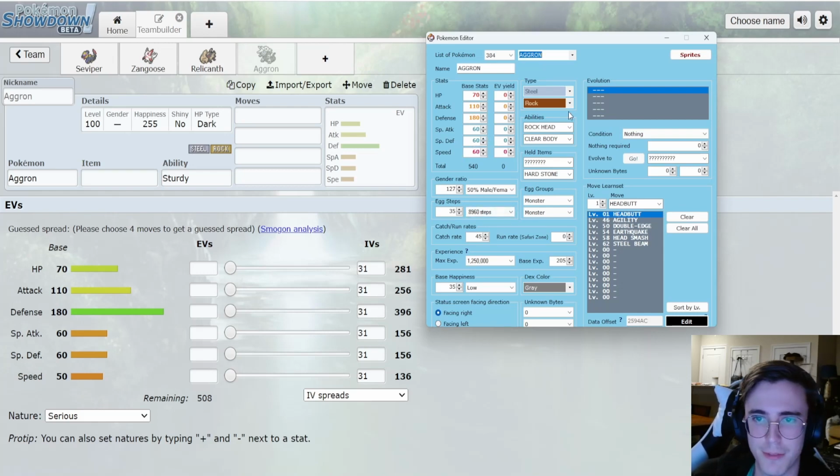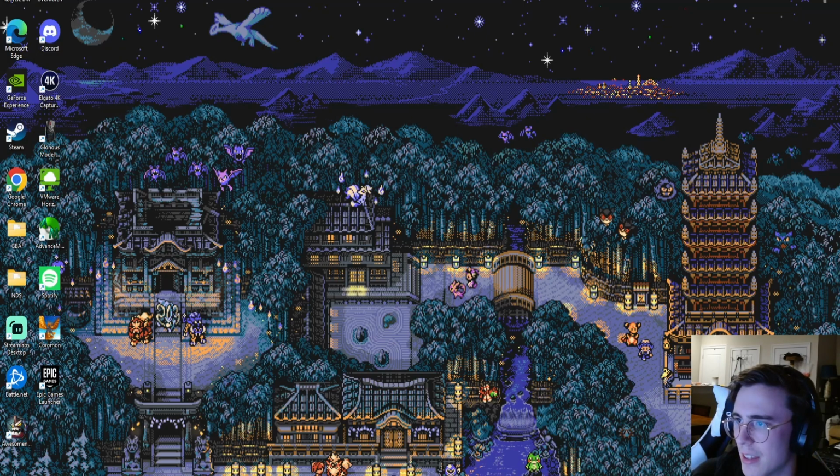60 base speed instead of 50. Rock Head is its ability still. Headbutt, Agility, Double Edge, Earthquake, Head Smash, and Steel Beam. And yes, Steel Beam is in the game. Very similar, I think, to